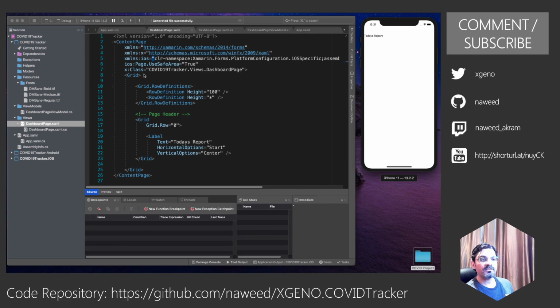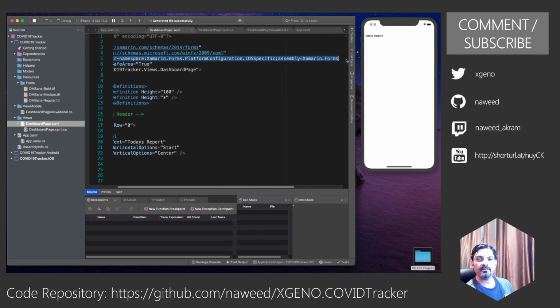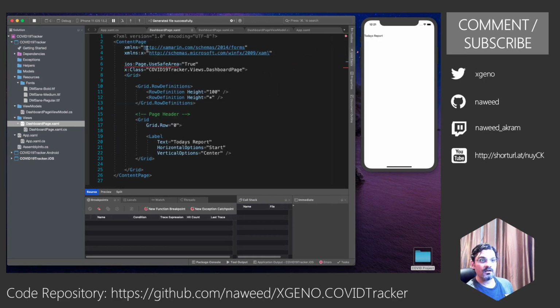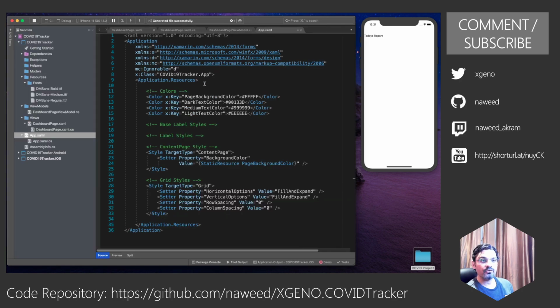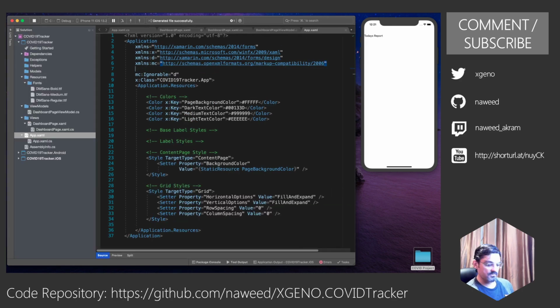One of the things I would rather do, instead of doing this in all my projects, is put it in my app.xaml. So let's go to app.xaml. We are going to add this namespace over here, and the same thing that I did, I'm going to add it to my content page.